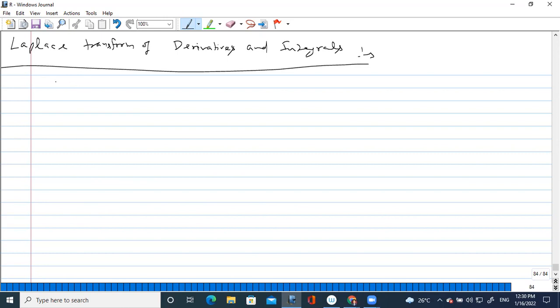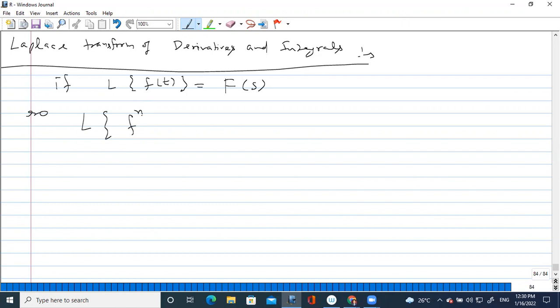If the Laplace transform of f(t) is equal to capital F(s), this you must know that capital F I am using for the Laplace transform value and small f I am using for the given function. Okay. So Laplace transform of f